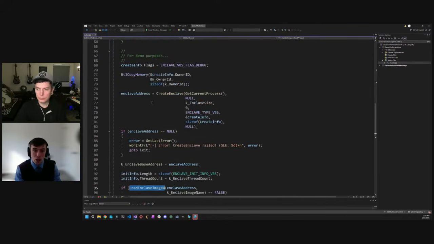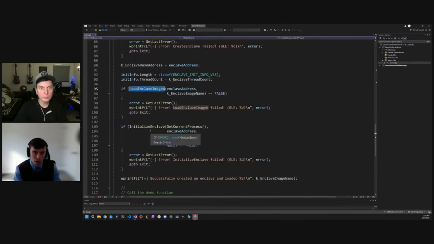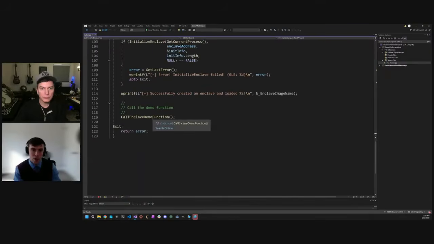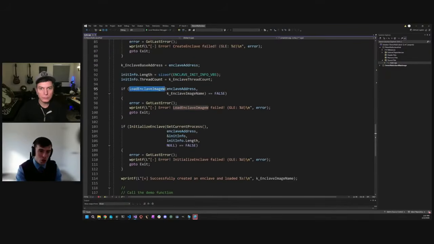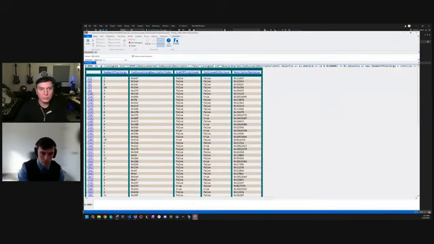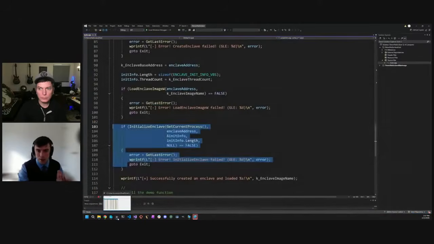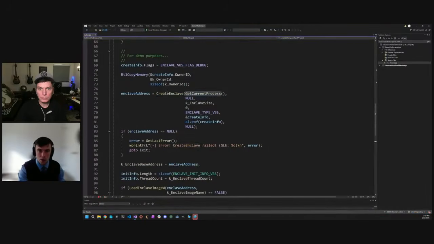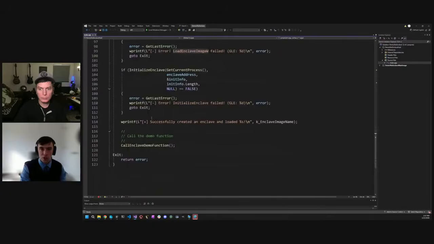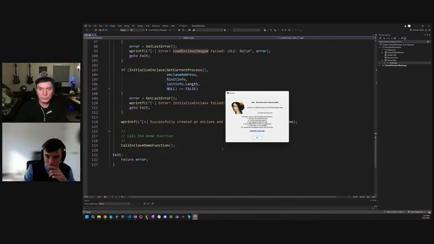Then you actually load an image into the enclave, then initialize the enclave, and then you can make an enclave call. All of these do secure calls. So they're not here, but this is a secure call. This is a secure call. This is a secure call. If I open up in here,